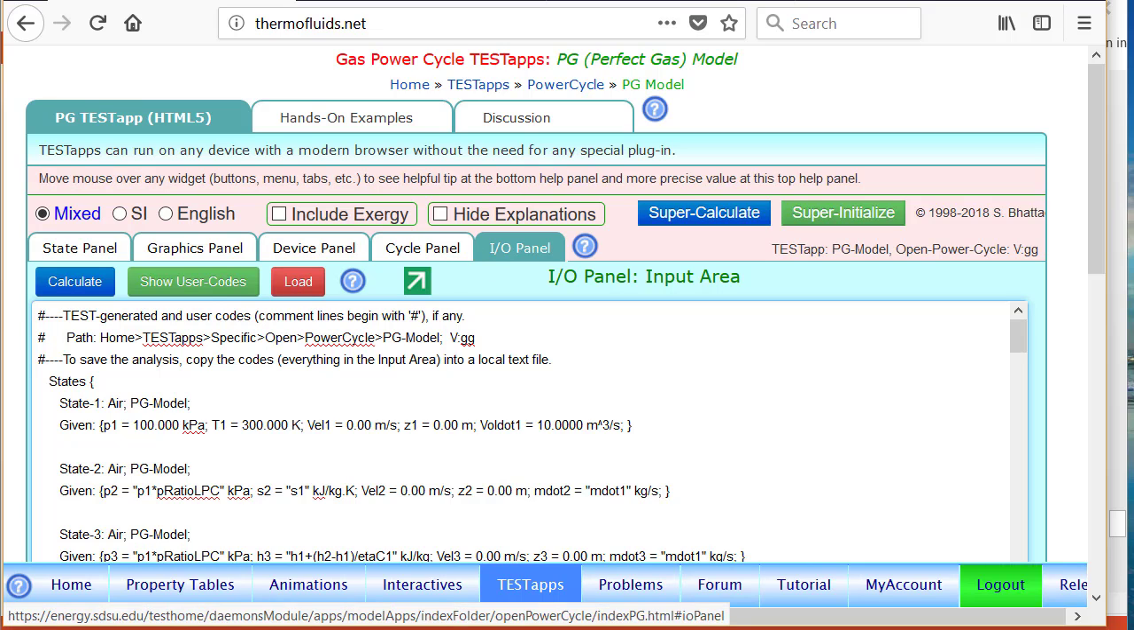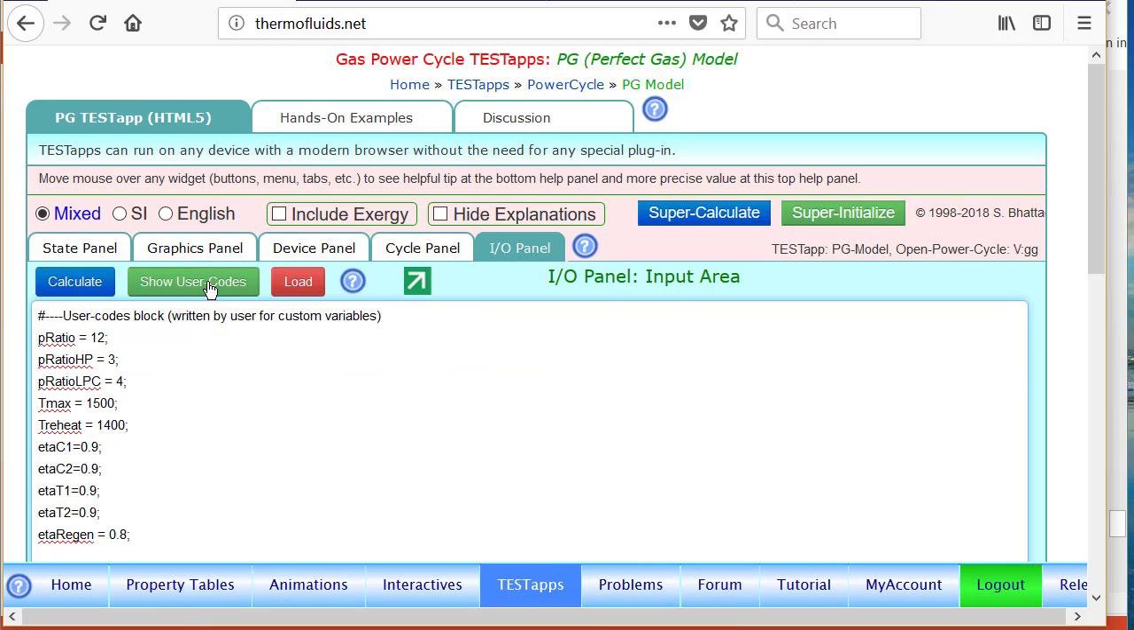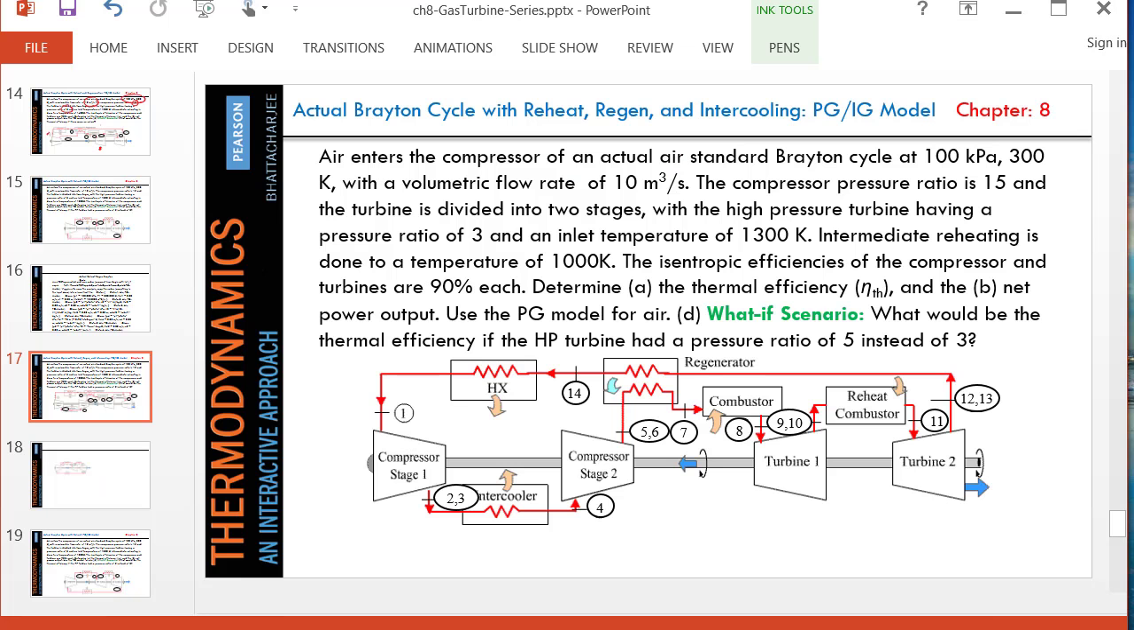So let's start from the I/O panel, show the user codes only. Notice the total compression ratio is 12. The high pressure turbine has a compression ratio of 3. Therefore, the low pressure turbine and the low pressure compressor, P ratio LP compressor will be 4. Think about it. The low pressure compressor goes from 1 to 3, and the low pressure turbine goes from 11 to 13. They must be matching, as opposed to compressor 2 and turbine 1. They will be matching in this problem. Okay, so